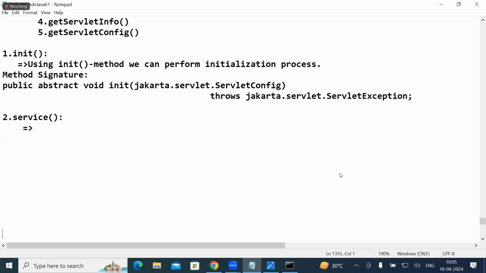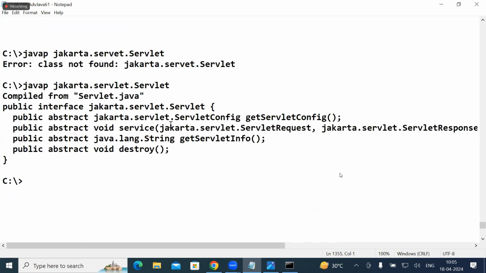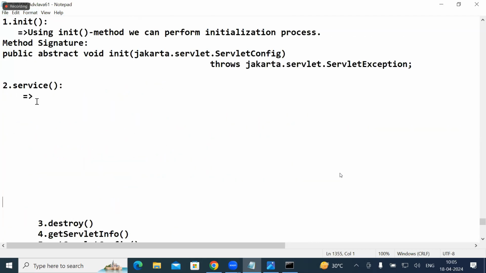So service. Using the service method, we accept the request and provide the response. Because of this reason, in this service method, two parameters will be there. What is this one? ServletRequest. What is this one? ServletResponse. Who is taking the request? Service. Who is giving the response? Service. Which method is important now? Service method only is important. Right. Make it. Using service method,